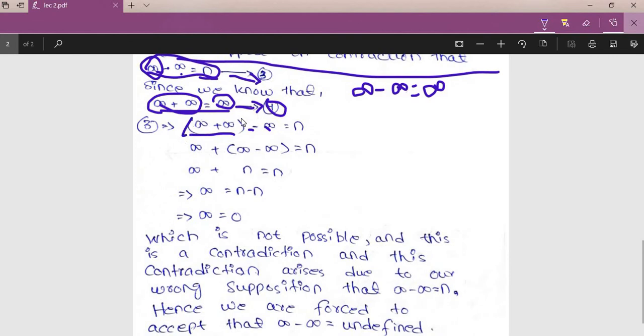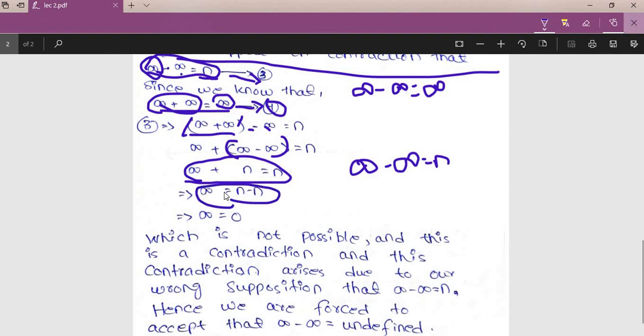Then remove the braces from these two and put this bracket, enclosing infinity minus infinity, is equal to n. The next equation will be infinity plus n, because infinity minus infinity we have chosen as equal to n. So infinity is equal to n minus n. If we subtract n from both sides, we get this equation, and further this equation implies that infinity is equal to 0,